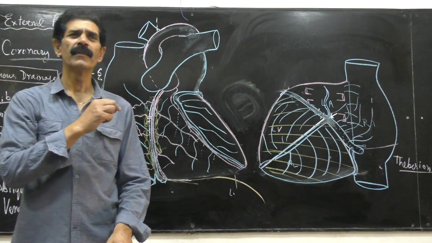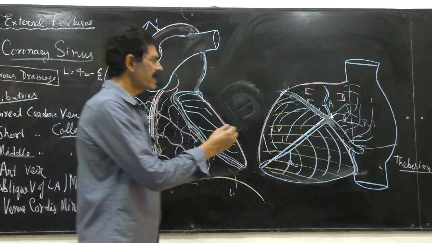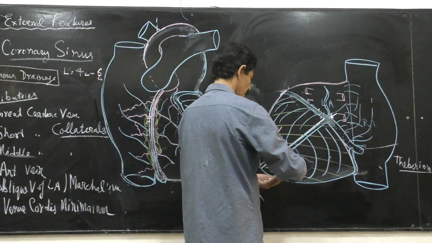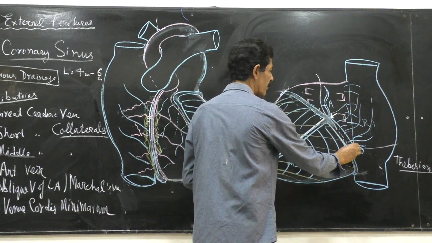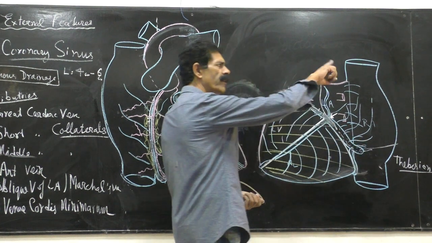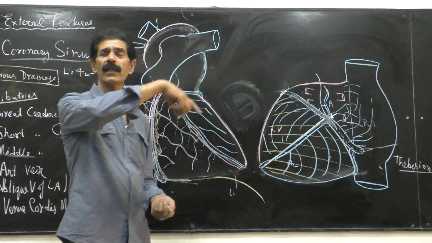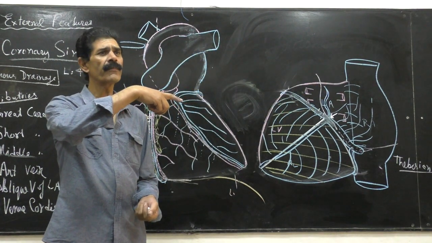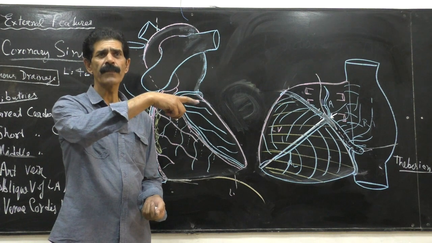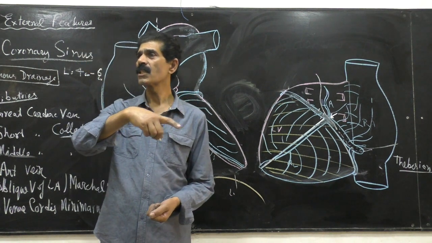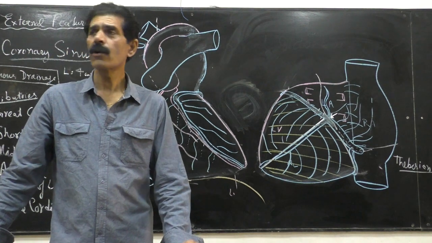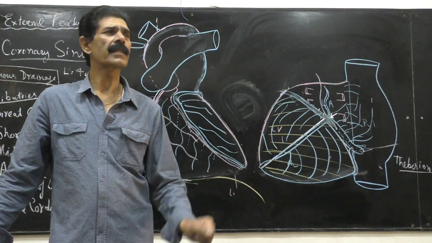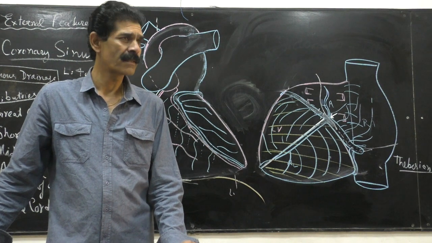The veins are very thin. So through this, any stent or any cardiac catheter can be introduced and then it can go into the right atrium and we can visualize the inside story of the tricuspid valve, or we can see the chordae tendineae, or we can see the papillary muscle status. Sometimes this interventional procedure has to be adopted by the cardiac surgeon, so the coronary sinus is a very optimal site.